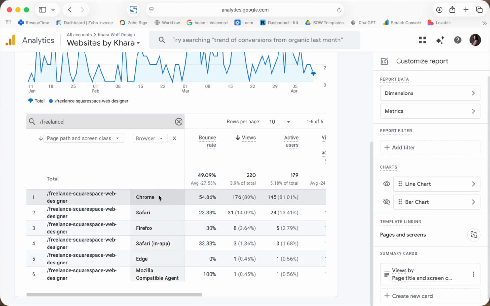So for example, there's a little bit higher bounce rate on Chrome versus these other browsers. Again, this compatible agent down here, there's just one view in the last 3 months, so I'm not worried about that. But I may double check my website on Chrome versus Safari. It's got a slightly higher bounce rate. I don't think that actually is indicating an issue on my site,